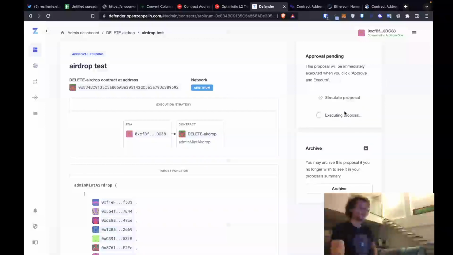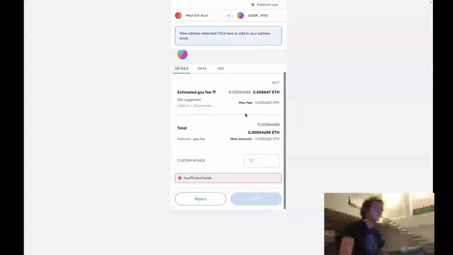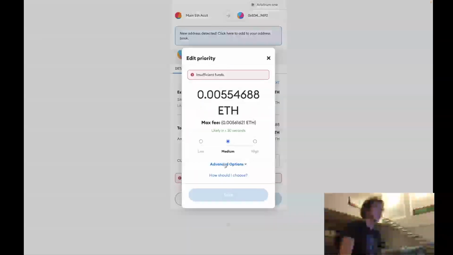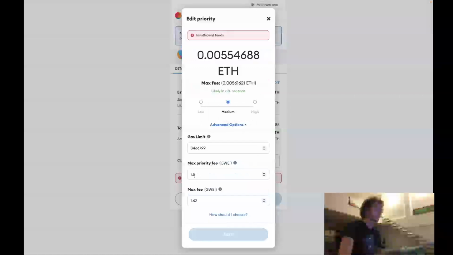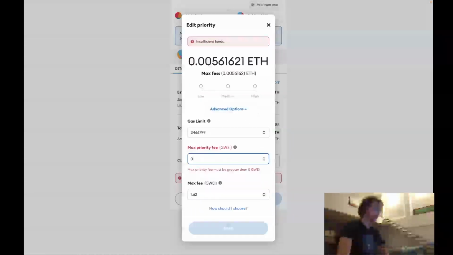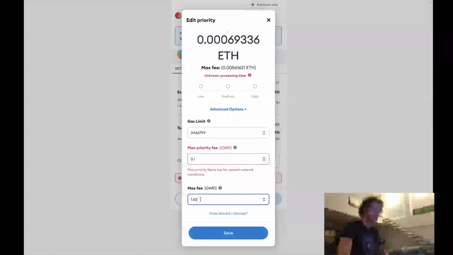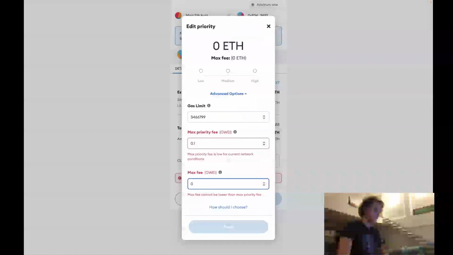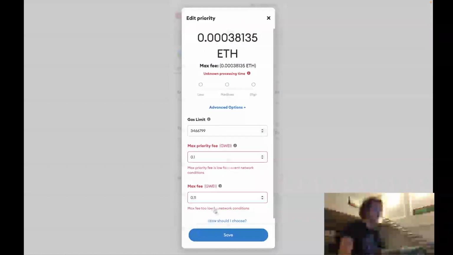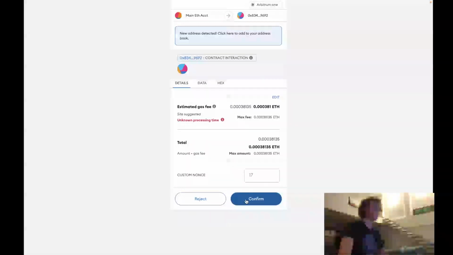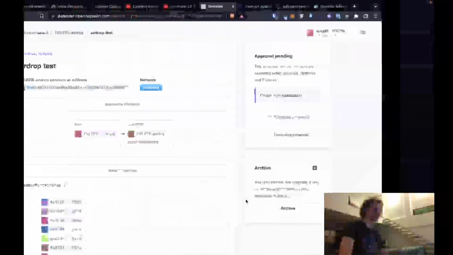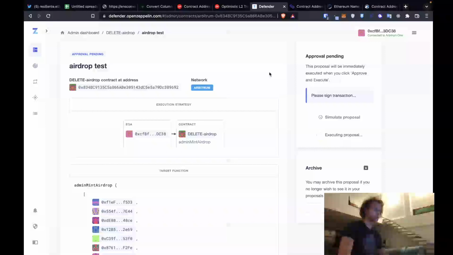I've got less than, I think that's like $5 worth of ETH, so I hope it costs less than $5. I've had this thing where it tells me a much higher price than I actually need on Arbitrum, and so what I do when that happens and I don't have enough ETH is I change this to 0.1, and then the max gas fee I set to 0.11, and then when I save it, I now have a sufficient amount of Arbitrum ETH. Execute the transaction,